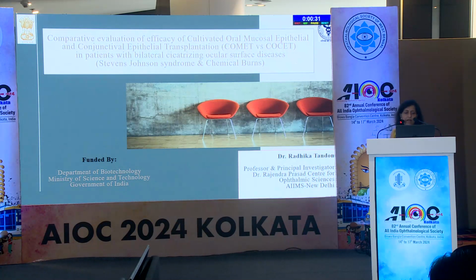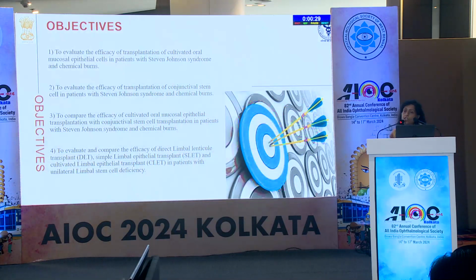So we have done a comparative evaluation of cultivated oral mucosal autologous and also cultivated conjunctival. Just like you have stem cells at the limbus, there are also conjunctival stem cells deep in the fornix. The objective is to evaluate the efficacy and safety of transplantation of cultivated oral and cultivated conjunctival epithelial cells. And since there was a shortage of RCTs for unilateral stem cell deficiency, we also incorporated